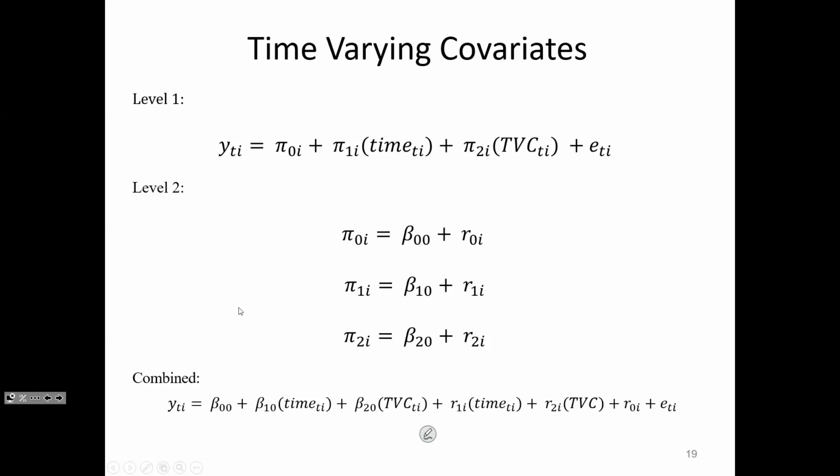But now we can also have, and we mentioned this briefly, I think, a couple weeks ago, other variables that vary within person across time, right? Generally speaking, our time varying covariates are going to vary within person across time. This could be things like,